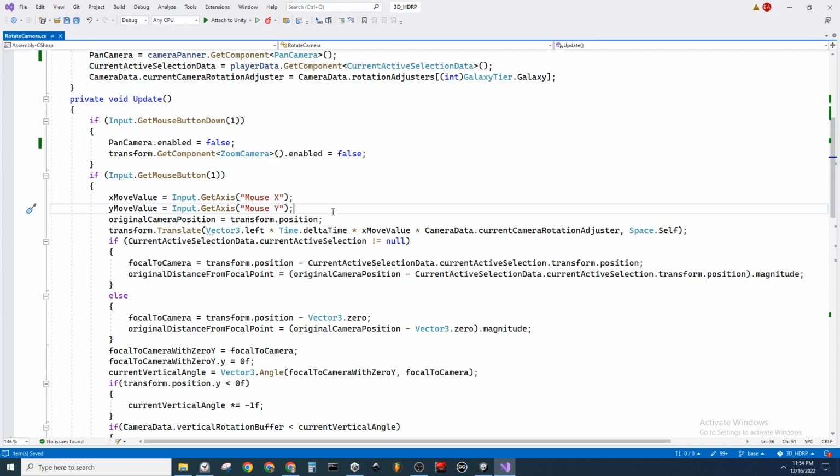Alright, let's see here. So the problem, here's the problem. If the player pushes right click when they have an active selection, or it doesn't really matter if they do or not because it'll be defaulted to the center or an active selection position. So in the event the player clicks right click